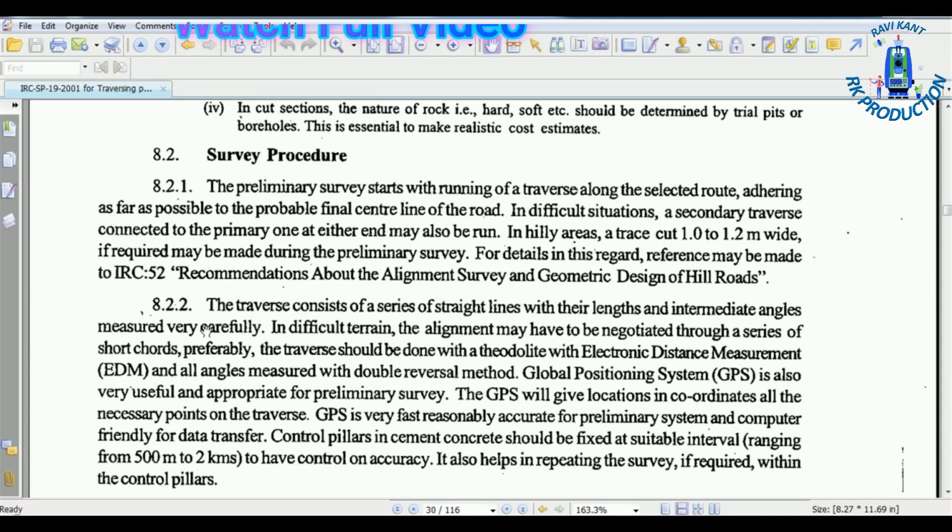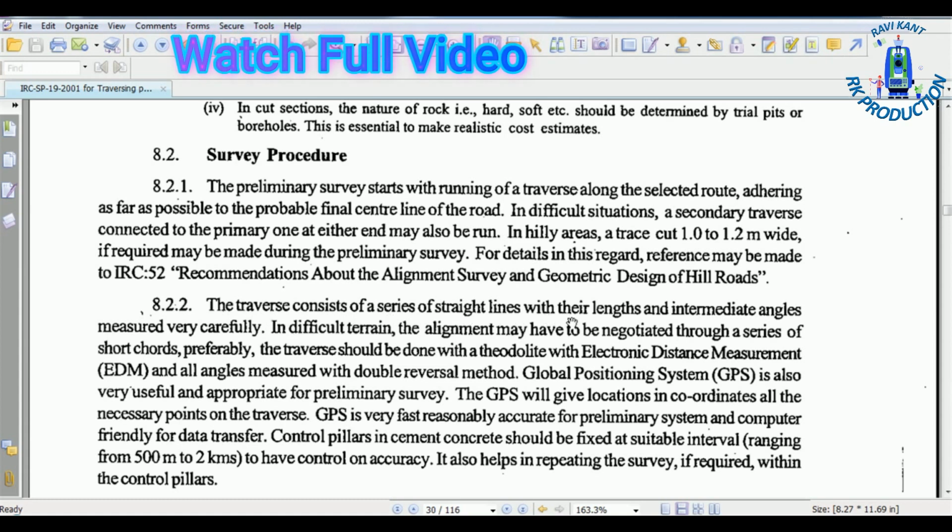The traverse consists of a series of straight lines with their lengths and intermediate angles measured very carefully. In difficult terrain, the alignment may have to be negotiated through a series of short chords preferably. The traverse should be done with a theodolite with electronic distance measurement, EDM, and all angles measured by the double reversal method.